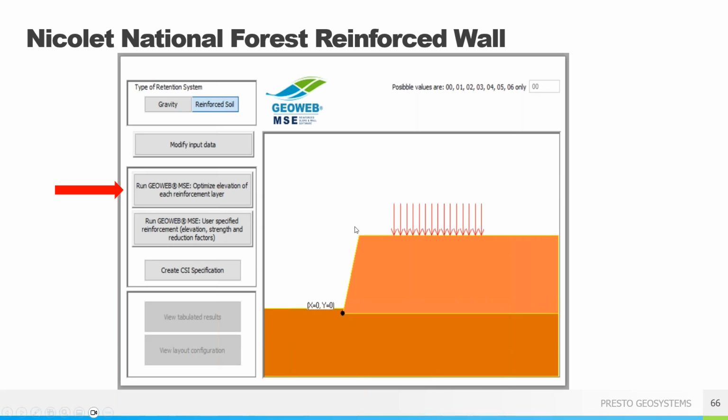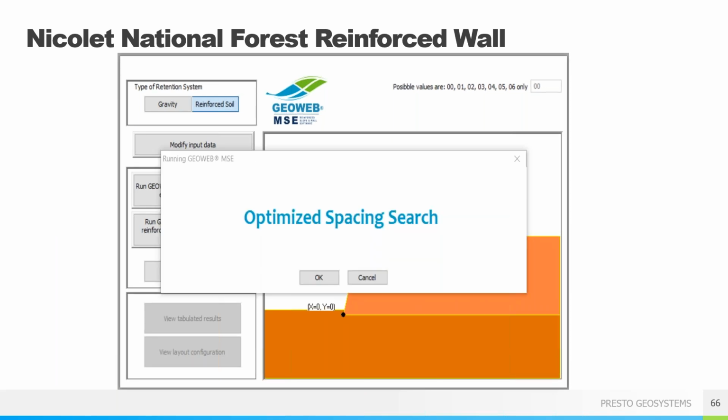I would run this one, which is run GeoWeb MSE, optimizing the elevations of each reinforcement layer, and that was the 2-foot spacing that we put into the original option and selected in that previous tab. Doing it manually is pretty time consuming, so stay with the run GeoWeb MSE.